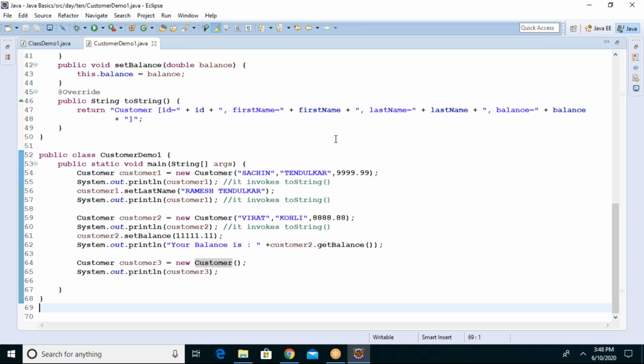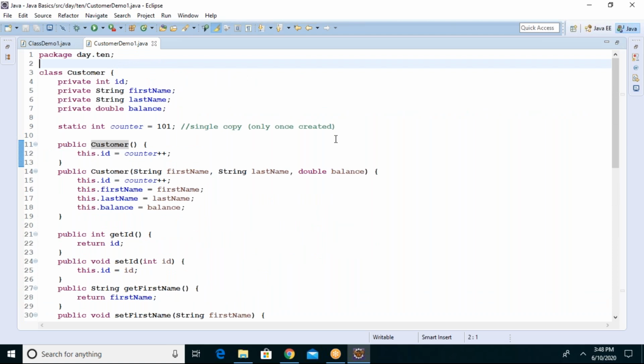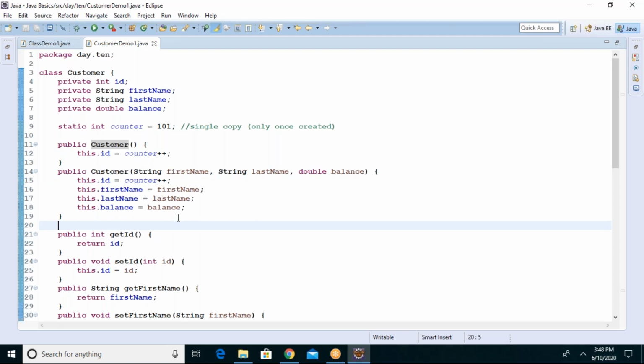Guys, this is the basic structure of a class that you are going to see anywhere in Java. There is nothing other than this in a class. It is a standard structure. If you want any other methods, you can write business methods according to your requirement. Suppose you are writing a bank application, you write deposit and withdraw. They are business requirement methods.